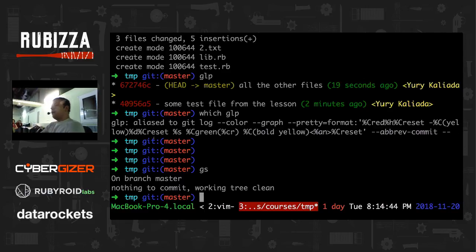So in Git, Git is very powerful not only with its commits, but also with its branches. What does that mean? That really means that